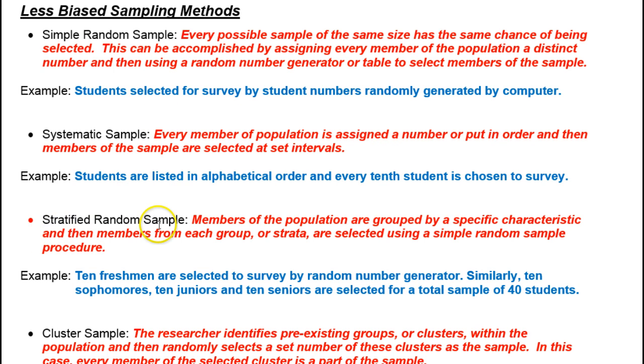Let's see, stratified random. Stratified random. When we talk about stratified, we're talking about, first, let's divide everyone up into types. And then we're going to randomly pick a few from each type. So in a school setting, I'm going to use the example of we got freshmen, sophomores, juniors, and seniors. If we're talking about